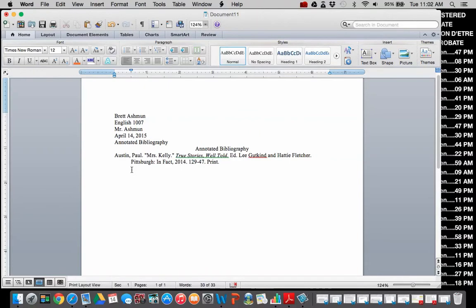So we can start here, and what I suggest for writing your annotation is first, like it says in Chapter 2 of the Annotated Bib from 21 Genres. First thing I would do is give a sentence or two about what is the piece of text that you're using, what is it about, summarize it a little bit. So I'm using Paul Austin's Mrs. Kelly. I would summarize it by explaining what happened in Mrs. Kelly. So something to the effect of,